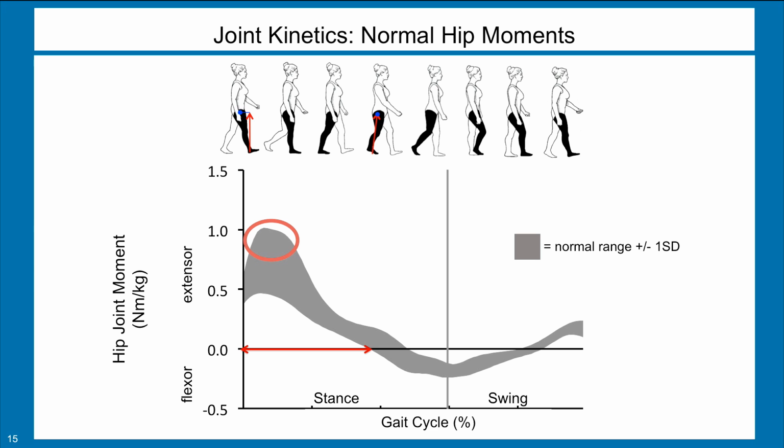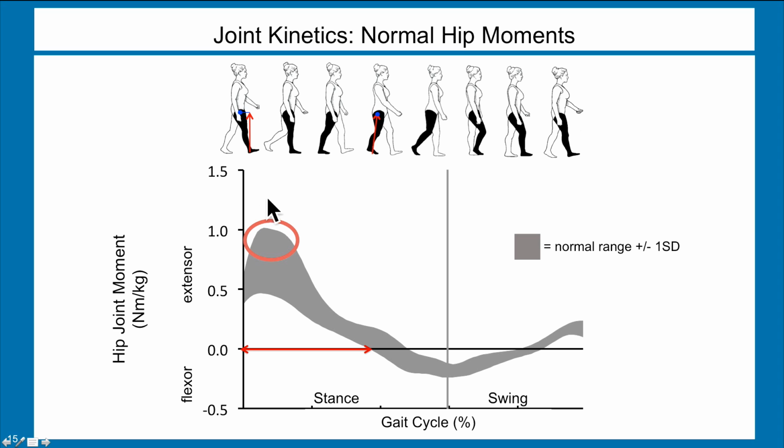So this is what we would see in normal movement. And when we look at the figure above the data, the black limb is the limb that we're focusing on in the data. And the way that the data are plotted is from initial contact of the right foot with the floor to the next initial contact. So we have